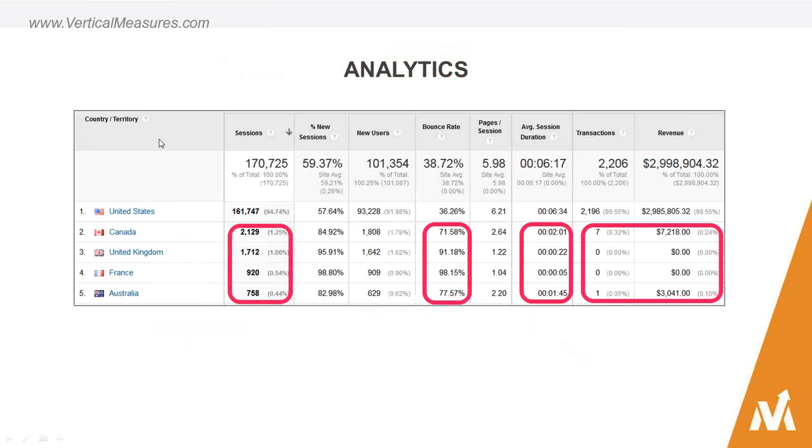I wanted to get into some of the analytics. So how do you know if you need Hreflang tags? Let's assume you have a product or service that is directly relevant to international customers. If you're an e-commerce site and you consistently get traffic or sales from international users, do you already have that region or that other country's version of your content? If you do, you have to implement this. But let's assume that you don't for now. Let's assume that you have not even considered creating other versions of your content.